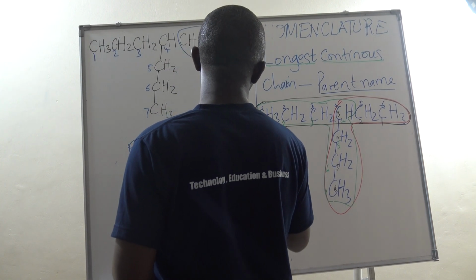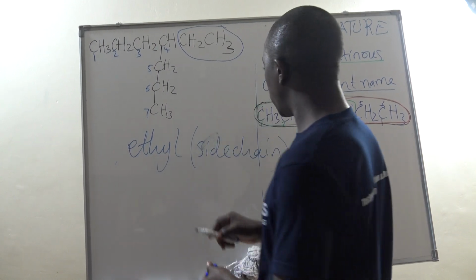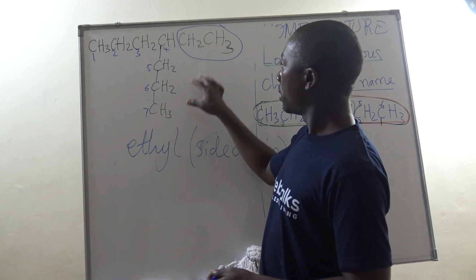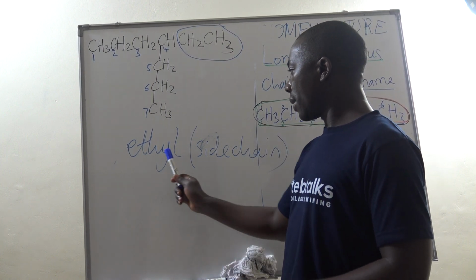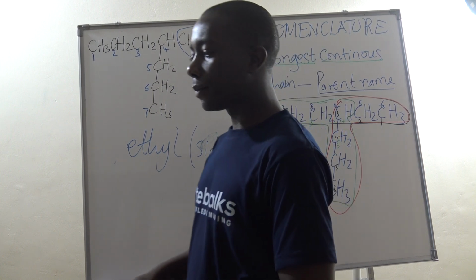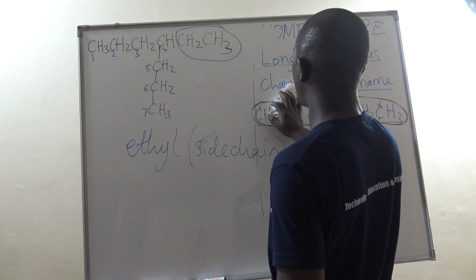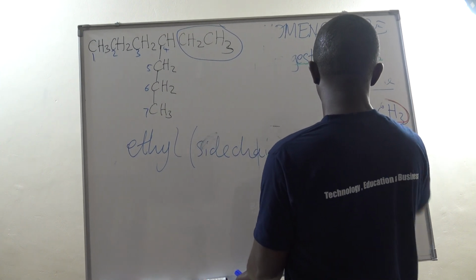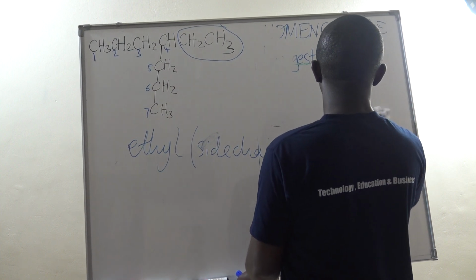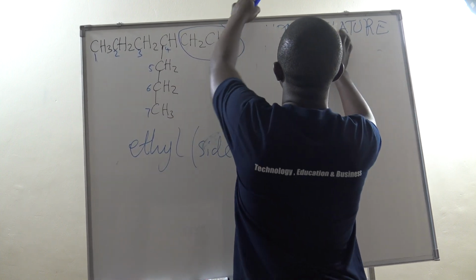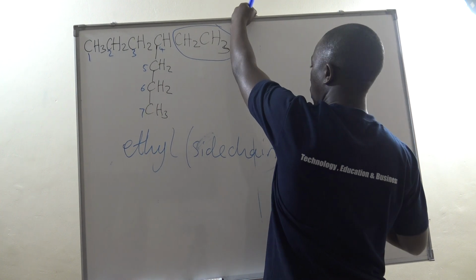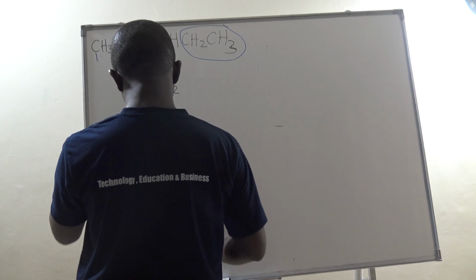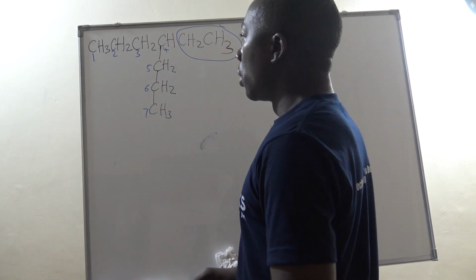So in other words, after identifying the longest continuous chain, the rest of the chains or sides attached to the parent, we refer to them as side chains, and normally they are alkyl groups. That is rule number 1. Rule number 2